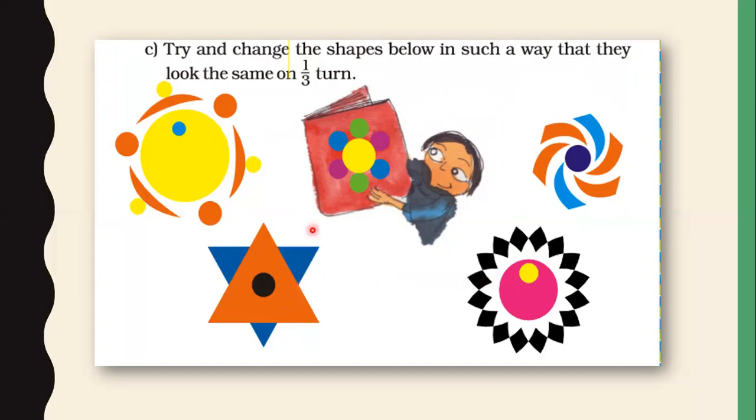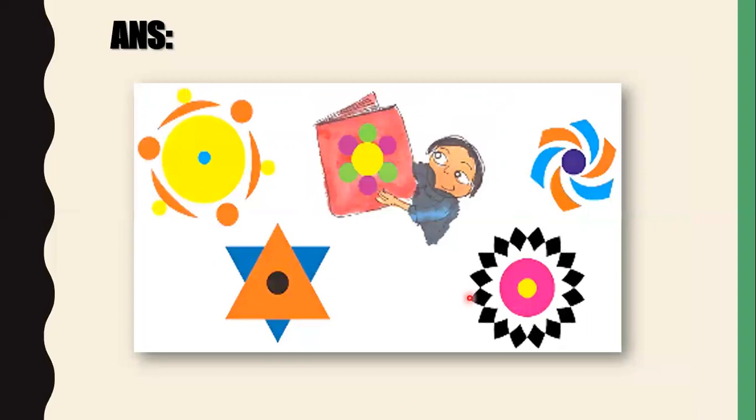And the last one, as I told in case of the first one, this yellow circle from the top corner, if we are bringing to the center, it will look the same, or we can remove that yellow circle, then it will be looking the same. Answers I have given in the next slide. See, here blue circle is brought to the center. Here purple and green, two colors are given, and the same colors are given in the alternative circles. Here in alternative bands, the same colors are given, and this fourth figure is the same only, and fifth one, the yellow circle is brought to the center.